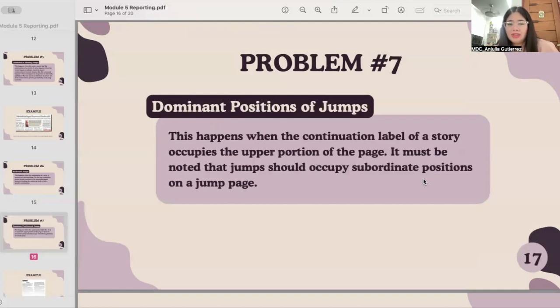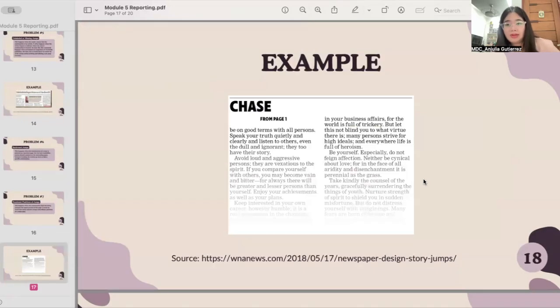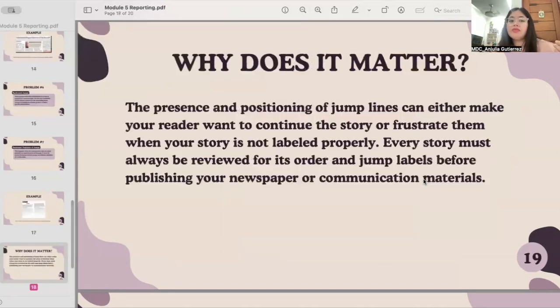So this happens when the continuation label of a story occupies the upper portion of the page. It must be noted that jumps should occupy the subordinate positions on a jump page. So here's an example of this. It mostly happens when the continuation label is at the very top instead of at the bottom of the text. So